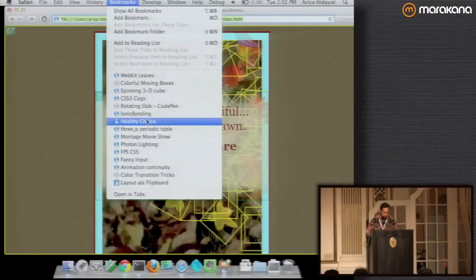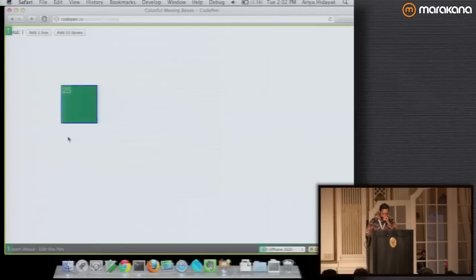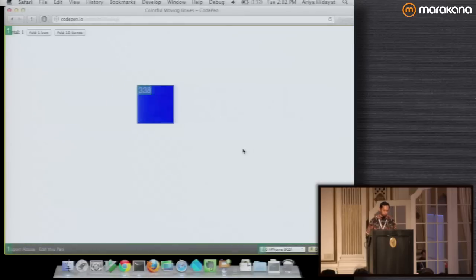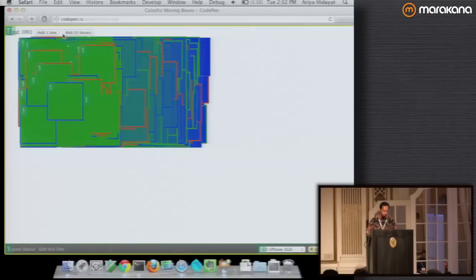Let's give an example here. I have a box that changes color from green to blue, and I also move it so that it's visible. Now you can see that the number keeps increasing. It's because if I change the color, then WebKit needs to capture that element again. Just imagine this is capturing as an image, and then sending it to the GPU. So changing the background color causes a lot of texture upload. And if I keep adding this,